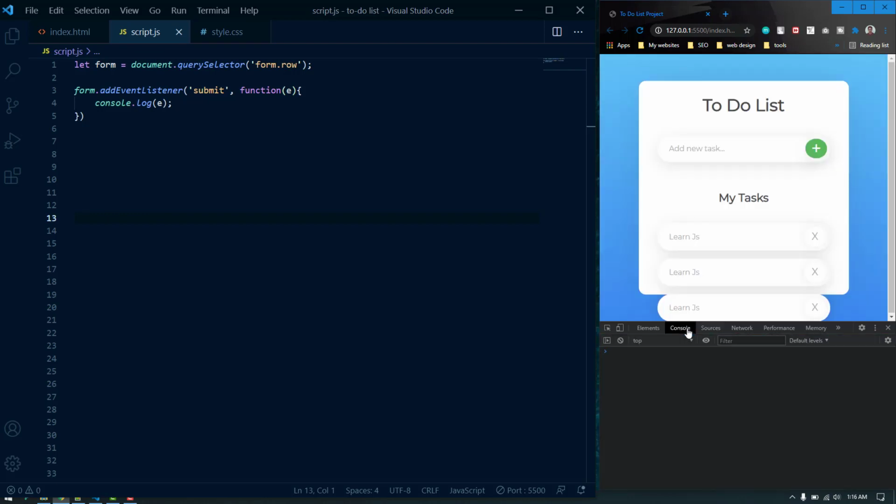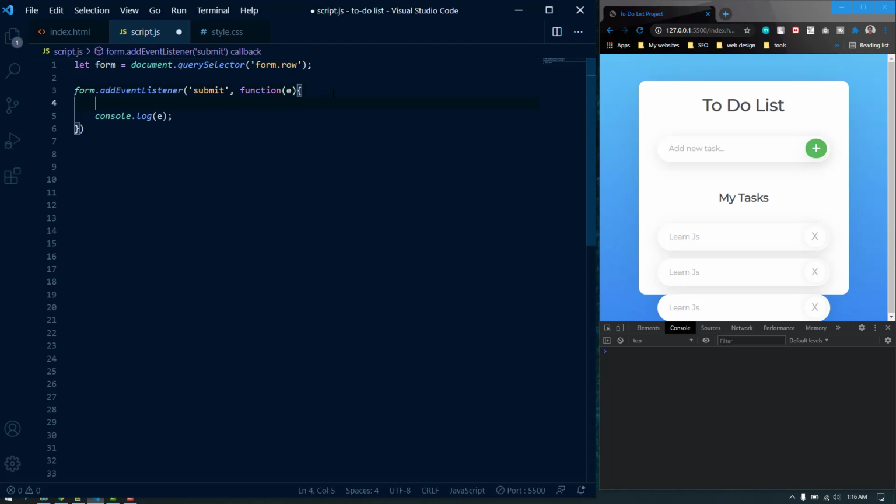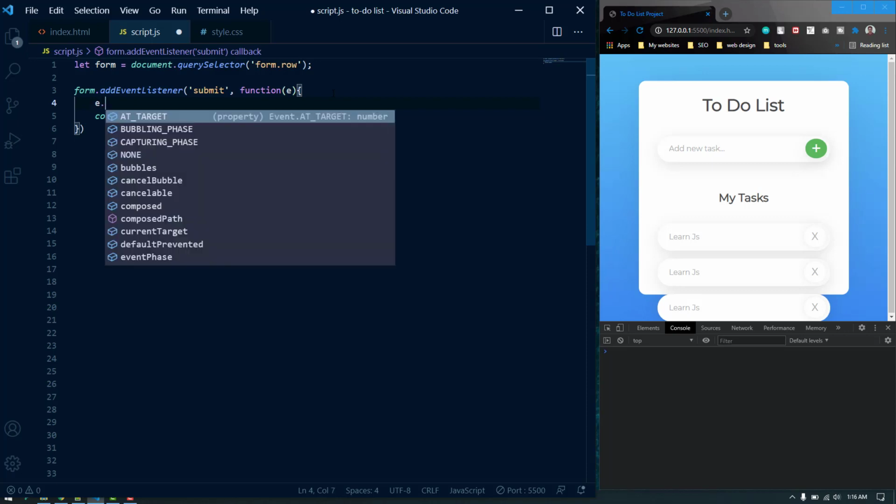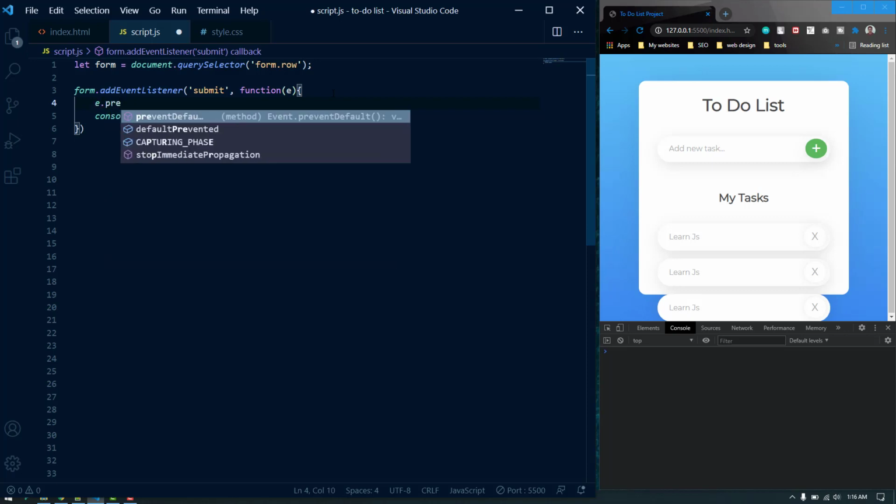Let's see the console, and let's type something and submit. Actually it's going to refresh and remove everything. So we can prevent the default refreshing effect by using preventDefault.